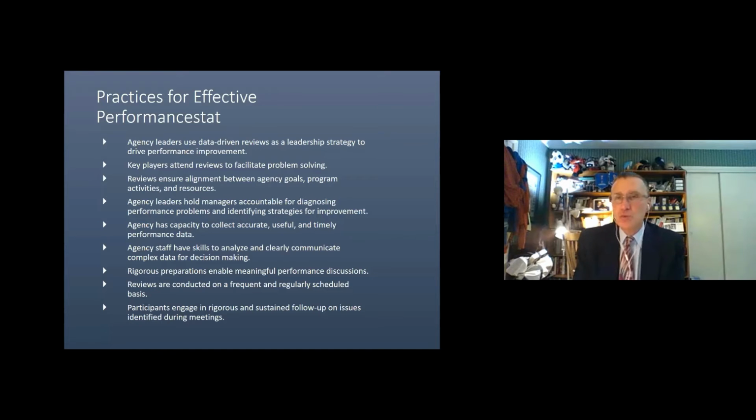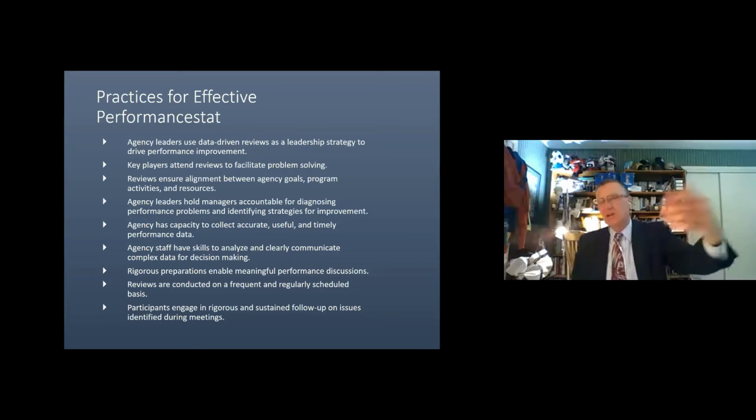They make sure that there's rigorous preparation, usually by a very small team of analysts that go through the data with agency officials to make sure that they understand the trends and do the root cause analysis. Those reviews are on a frequent and regularly scheduled basis. It's not something that they do once and then maybe another time several months later, and then maybe once more